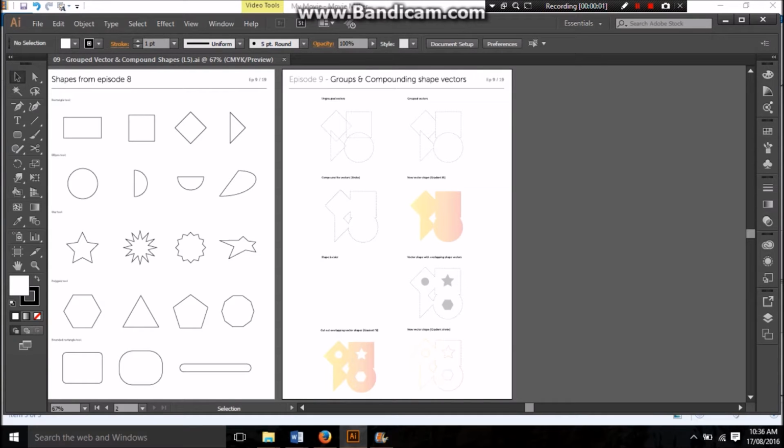Okay, so in this lesson we're just going to learn to group and compound shape vectors and add some color to them. So this is the beginning of how to make our labels and our logos. So you need to get up the group vector and compound shape sheet, and then we're just going to zoom in